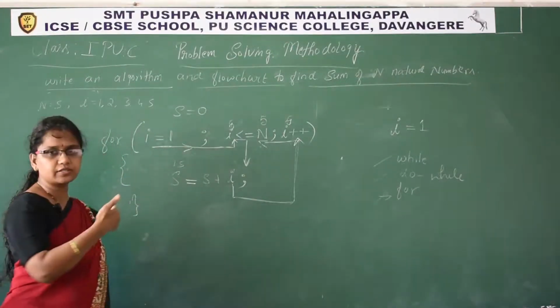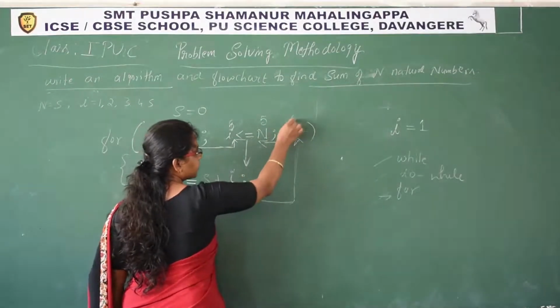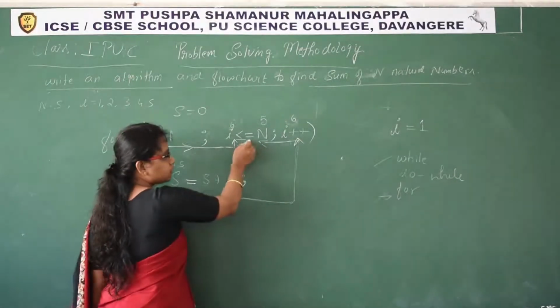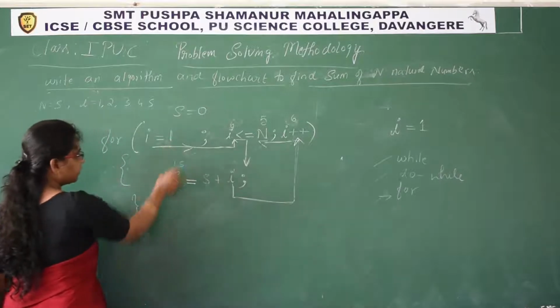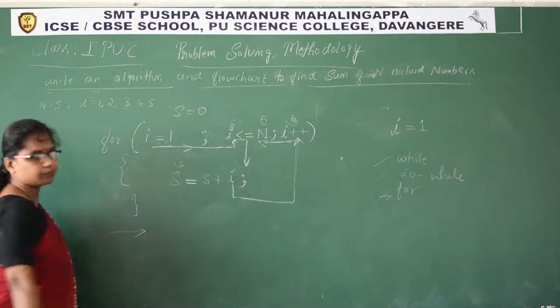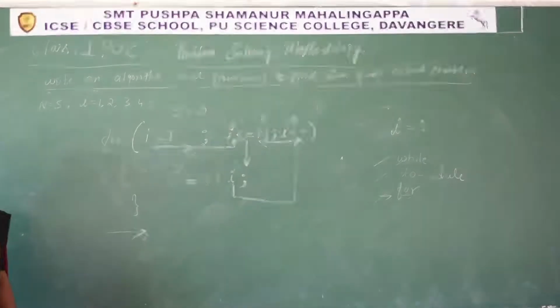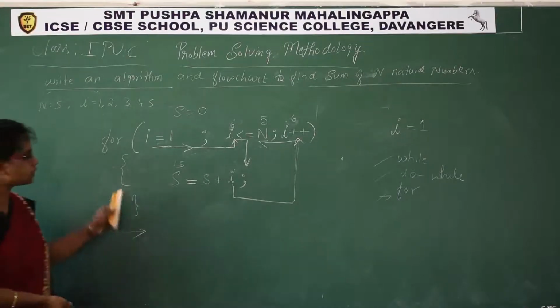Again, according to its nature, it goes to the modification part. Now I becomes 6. Is 6 less than or equal to 5? After this, it goes to this part. Condition false. Now it terminates the loop. It won't enter this loop. It comes out from the loop. Okay. Then we have to display. Our answer is in which identifier? Yes. So I have to display yes. I hope you understood this logic.